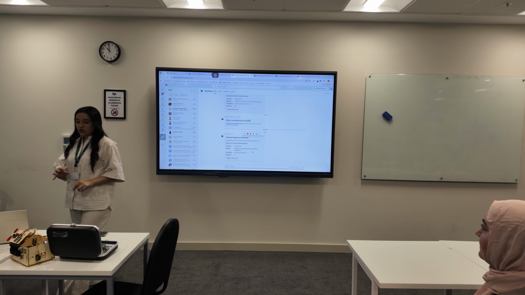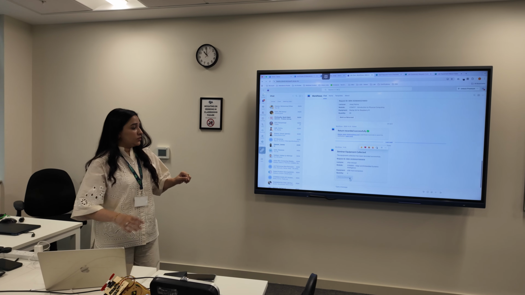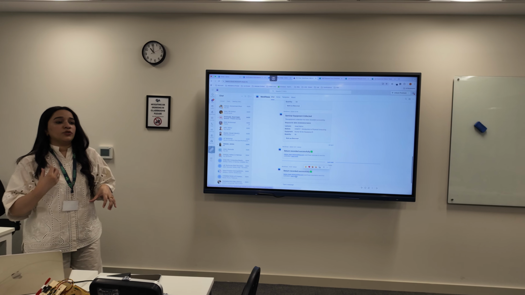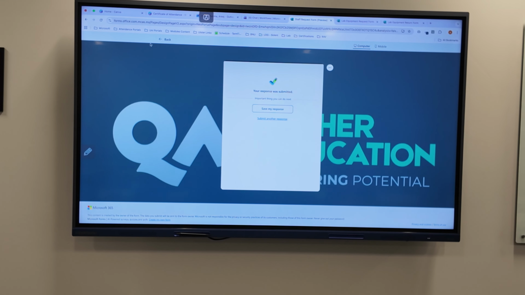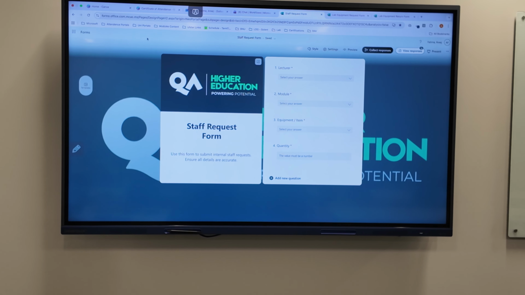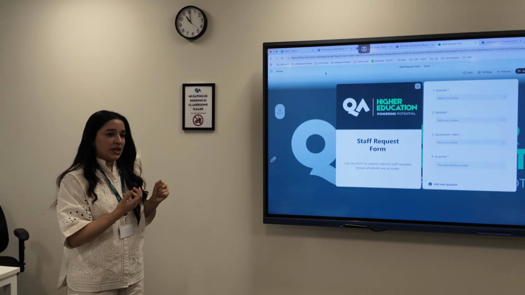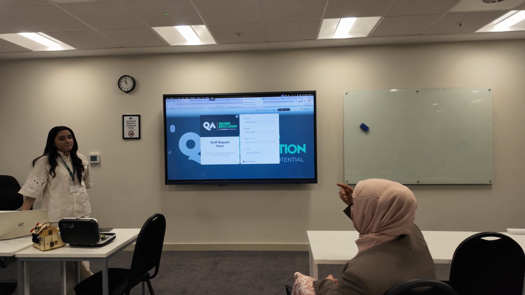And whenever you return the item, you just need to click on this specific button. Then it is updated on the back end that this IoT device is now returned to our lab. And for the location, I will send the complete details about where our IoT devices are currently available and how you need to access them.